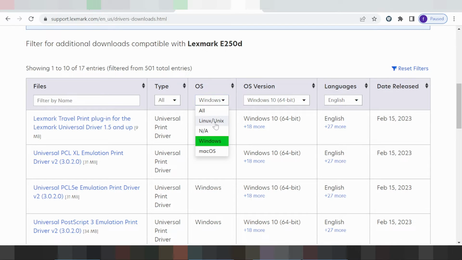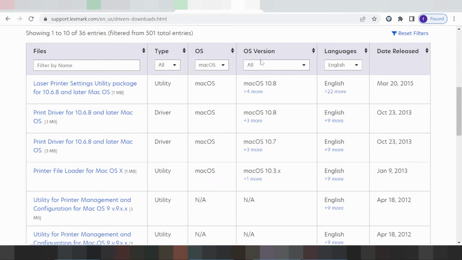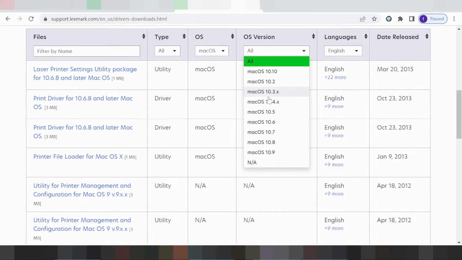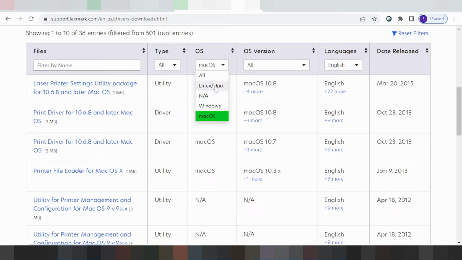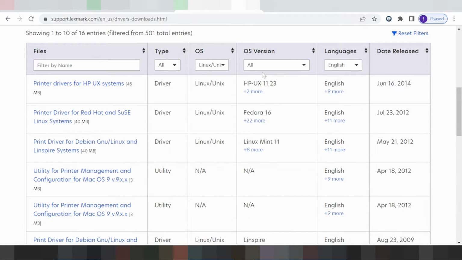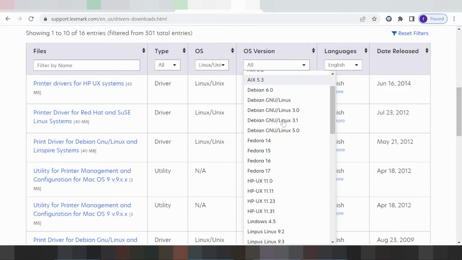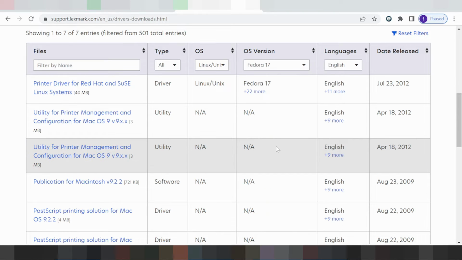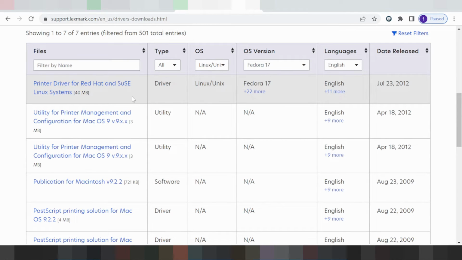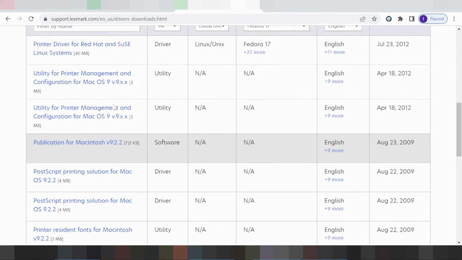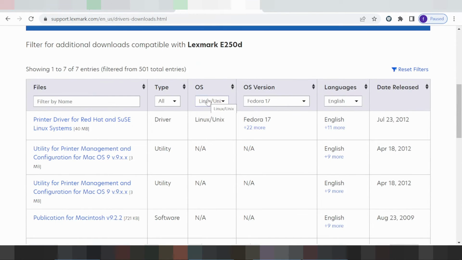This here is the operating system for Linux, for Mac, for Windows. I'm sure for the Mac, and click your operating system, and this here is not the update for the operating system. Okay, you click here, this click is for Linux, and you click here, this here I'm looking for Fedora. Okay, this here is not updated for Fedora. If you need to download, you click here, you look in the package you are downloading, and change the operating system to Windows,